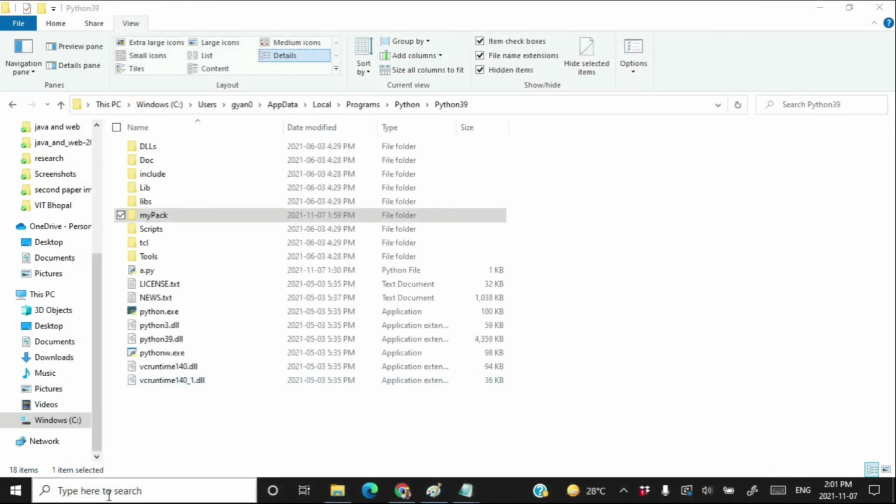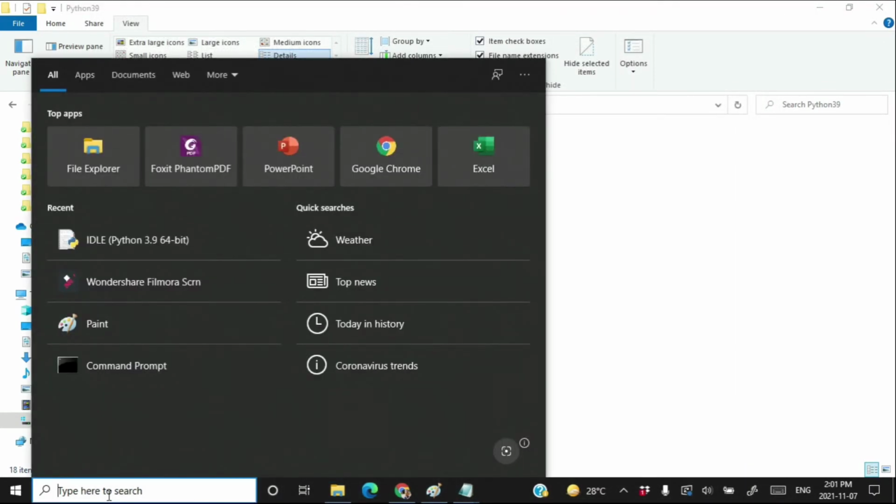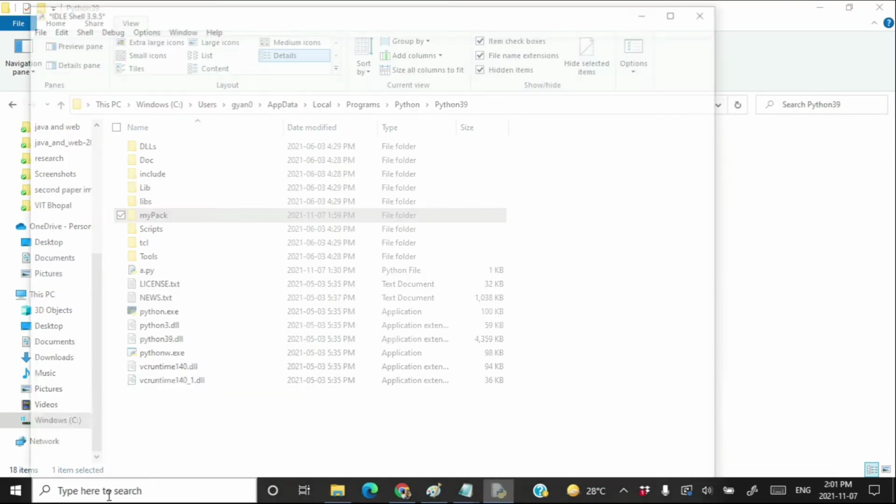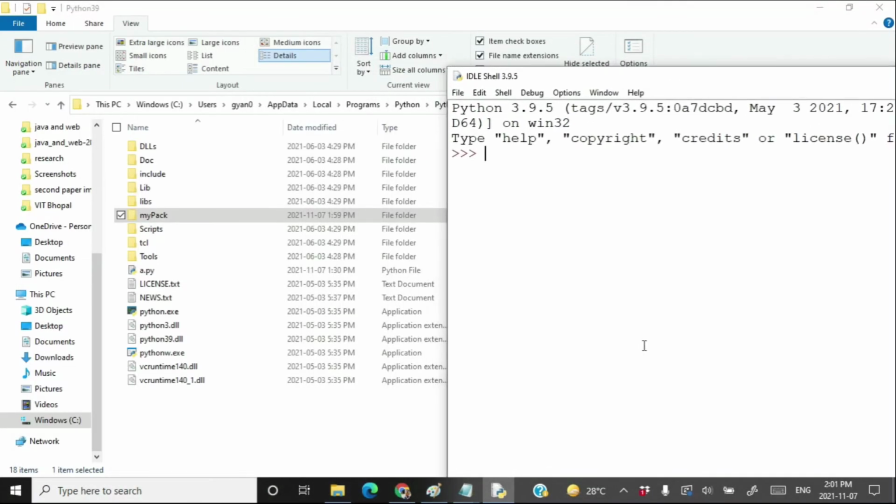Let's cut it and let's restart the Python shell. Write import mypack dot my module 1. Okay, press enter, it got imported. Let's write dir my module 1.